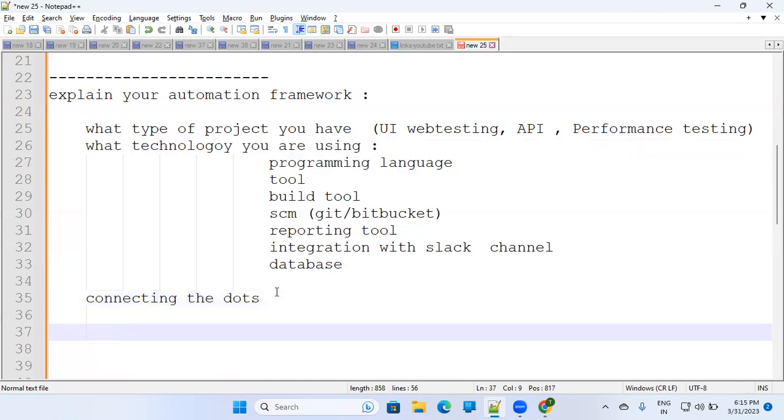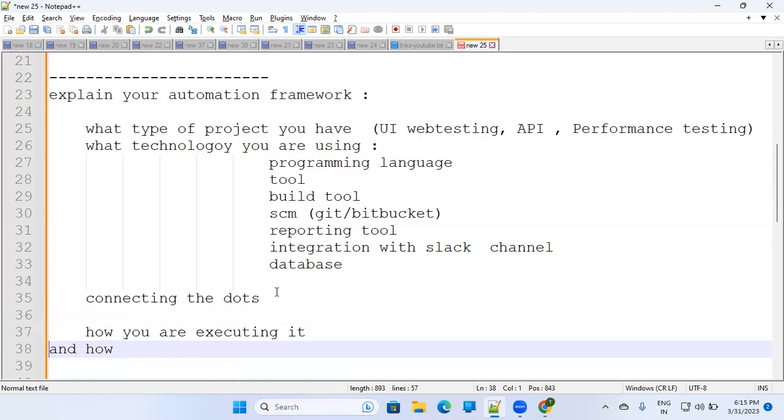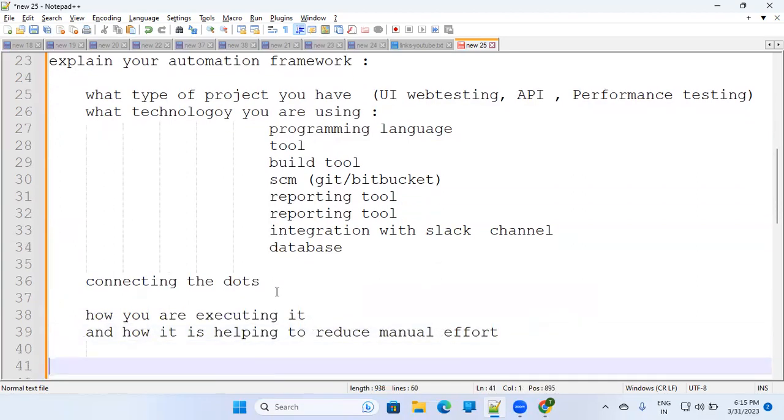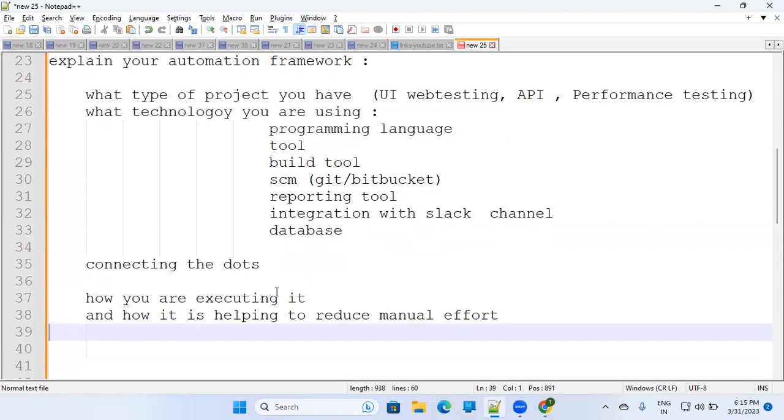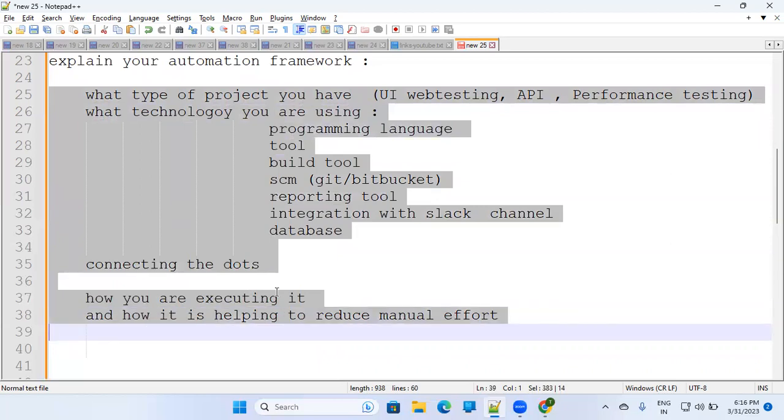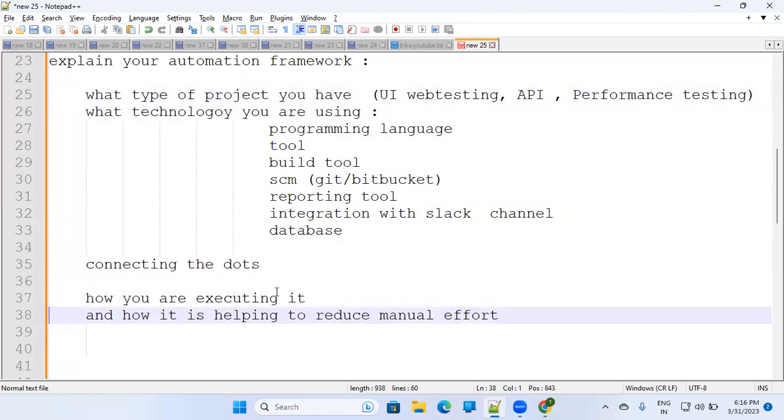And then you should say how you are executing it, and how it is helping to reduce manual effort. Generally, what people do is they directly start with, we had 500 test cases and then we automated them, and now our execution time is 50 minutes. That's not the right way to start a framework related question, because the question is something else. If they are interested to know how much effort you are saving, they will ask you. But it's better you explain it at the end